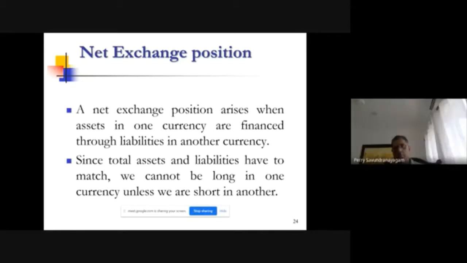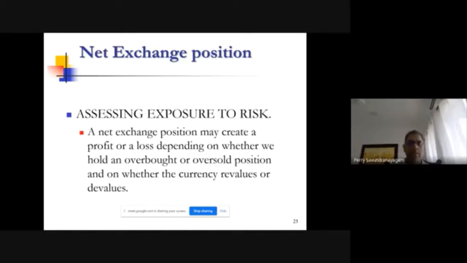Yes. So now coming back to this part of it, you're right, I'll explain that as well. So a net exchange position can create a profit or loss, depending on what is overbought or sold. So just forget about that for a second. What you said exactly: if you have bought dollars against rupees at 200 rupees, and the rupee goes to 190, that exchange position you have created can make you a loss. If you have bought dollars against rupees at 200 and the rupee goes to 210, that exchange position can make a profit.